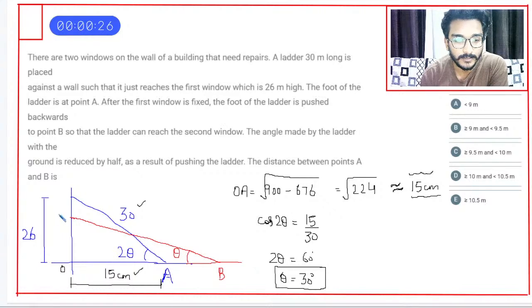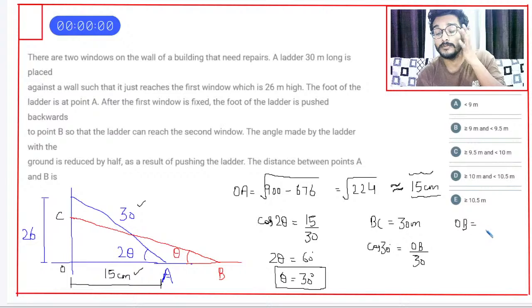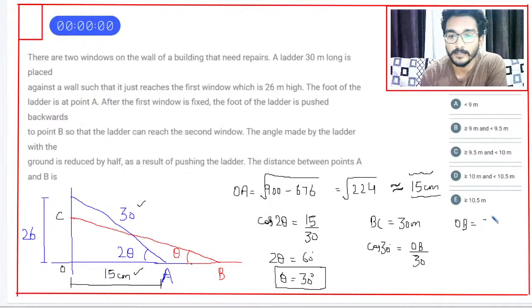एंड आई नो दिस थिंग नाउ, ए बी सी, दिस इज लेट्स से सी। तो मुझे बी सी पता है, बी सी मेरा 30 मीटर है, लेडर का लेंथ 30 मीटर है, तो मैं ओ बी निकाल लूंगा। सो आई अगेन अप्लाई दी कॉस थीटा, कॉस 30 कितना हो जाएगा, ओ बी निकालना है और बी सी कितना है 30, तो आई विल फाइंड ओ बी, एंड ओ बी वुड बी हाउ मच, इट इज √3/2, 15√3, तो ये हो जाएगा मेरे लिए 15√3।